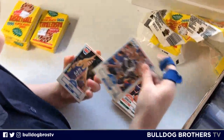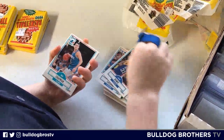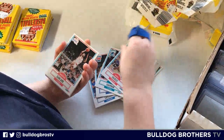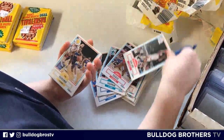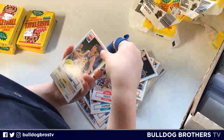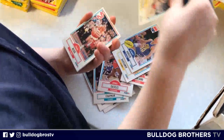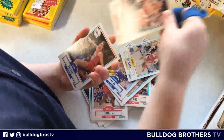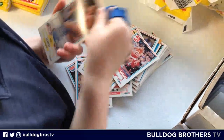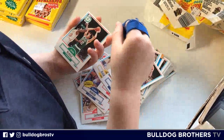Oh, there we go. Sam Bowie, Rex Chapman, Liddell Eccles, Winston Garland, Tim Hardaway, Hanson, I'm not seeing it. Hakeem Olajuwon base card, nice. Spud Webb. He's your height, Everett. Mike Kaminsky, Mike Sanders, Kevin McHale,